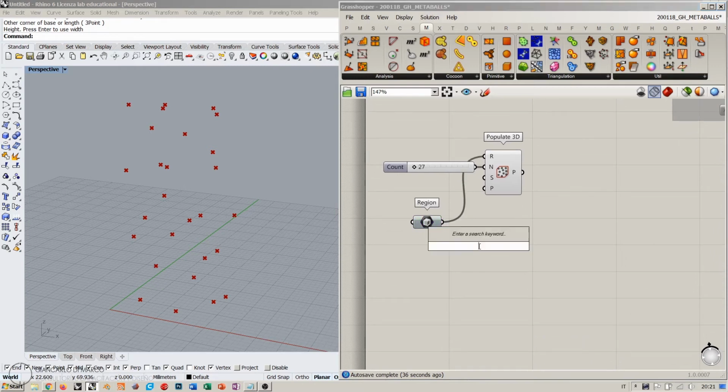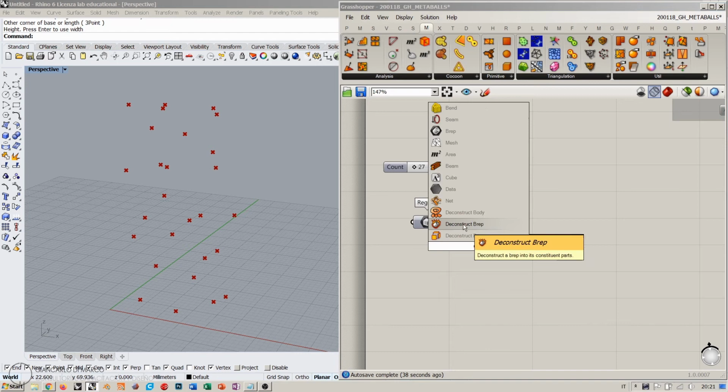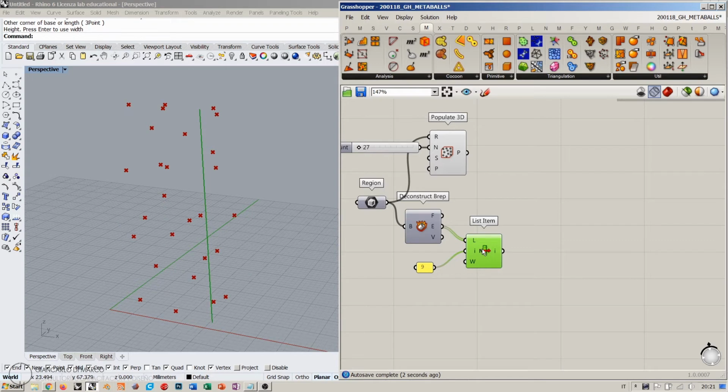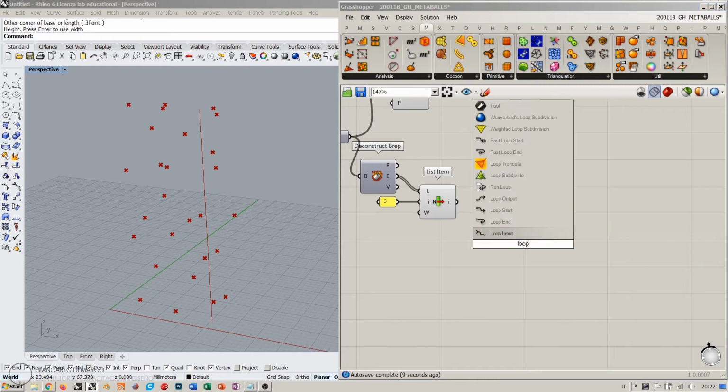And what we are going to use is a Deconstruct Brep, and we are going to use a List Item. Remember that we're using edge number 9, which was the vertical one, oriented upward. And so with this, we can create our loop